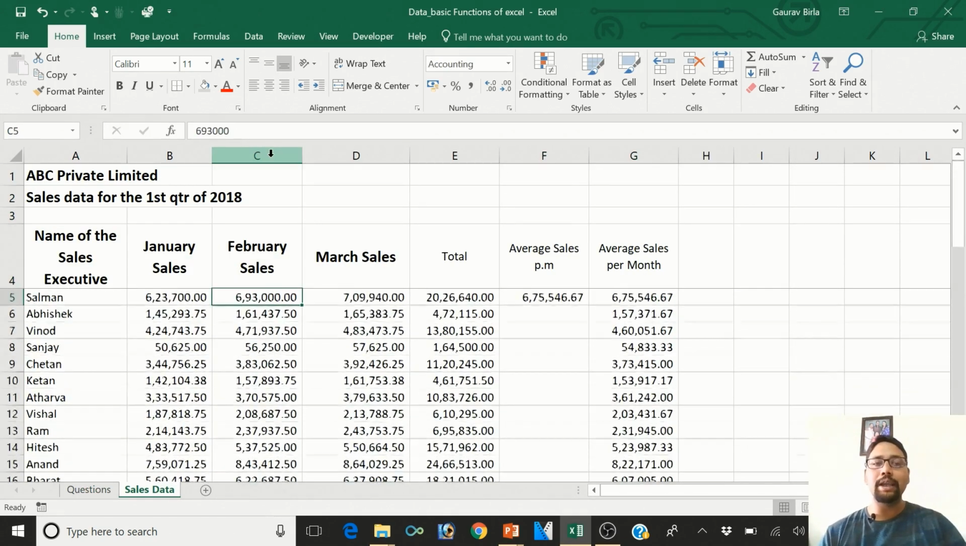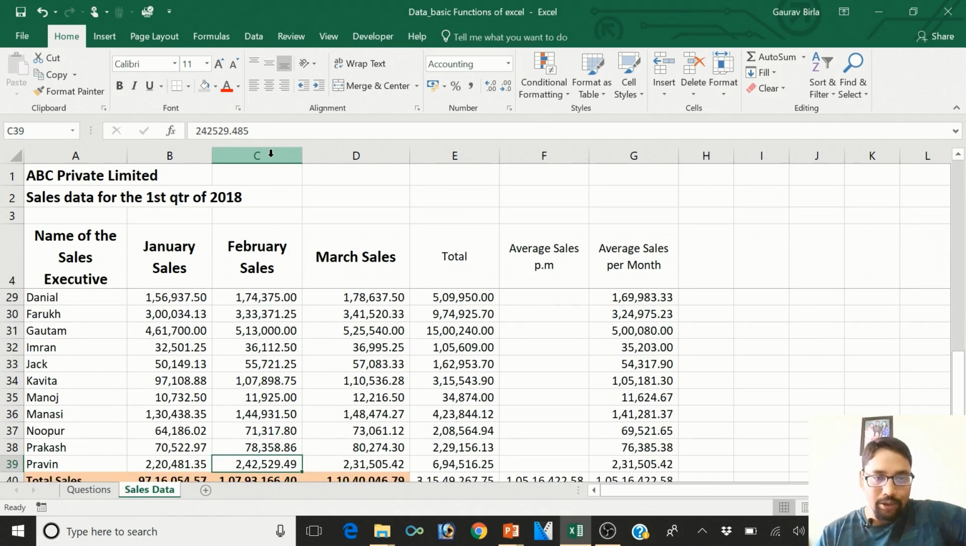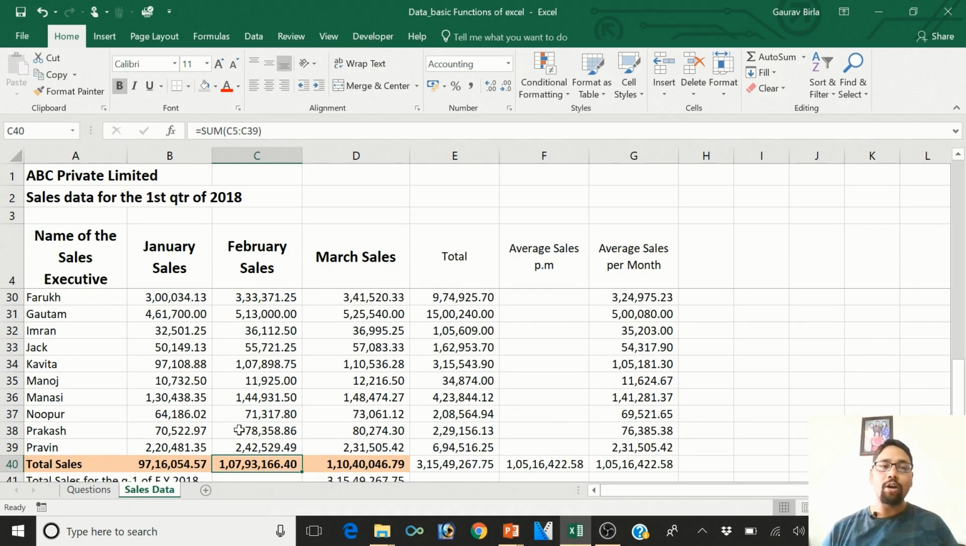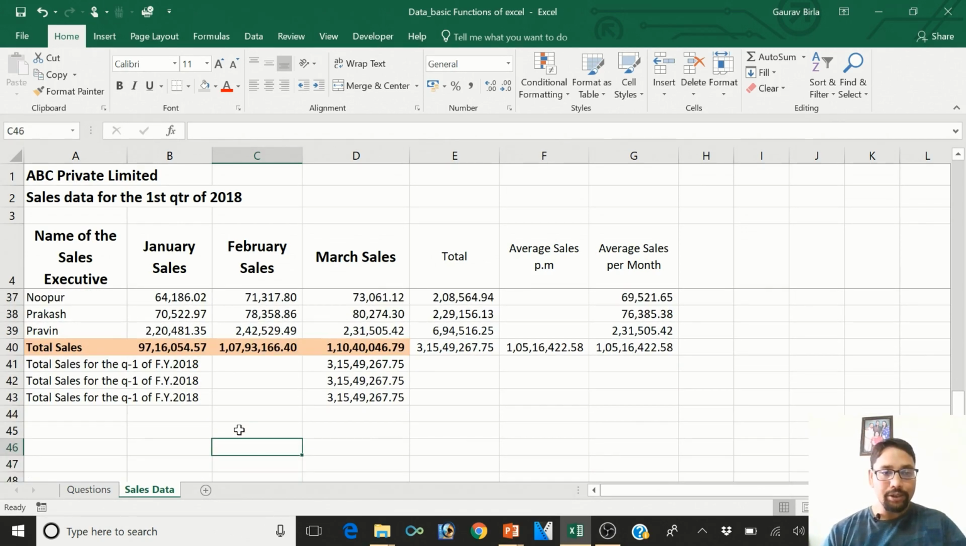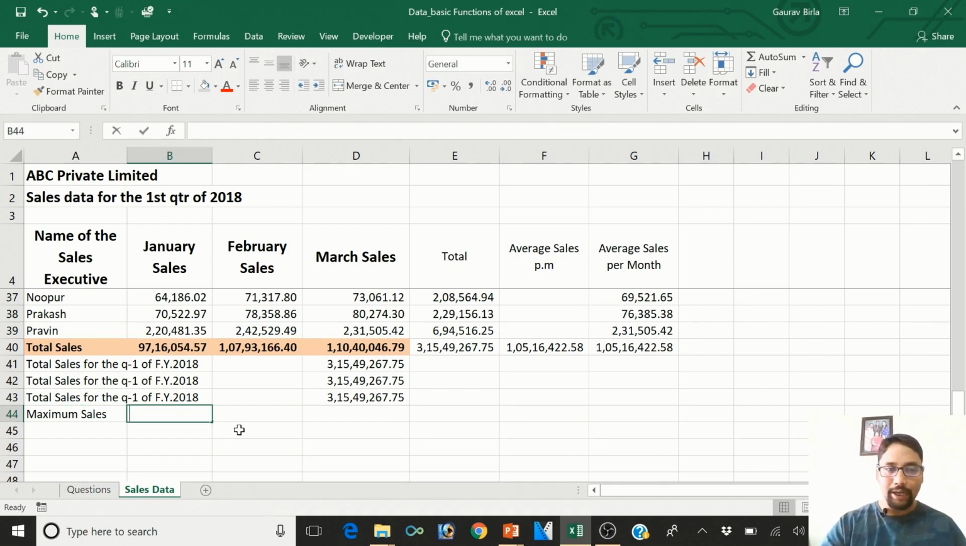There are 2 options again to find out the maximum and minimum values. One is to directly scroll down and find out which is the highest value, but it is very tedious work and error prone. If the data is very long, if there are 1000 or 2000 lines, it is not that easy to find out the maximum or minimum value. So just going down, what I will do here: maximum sales, let's find out for all the 3 months, even if they have not asked, is equal to